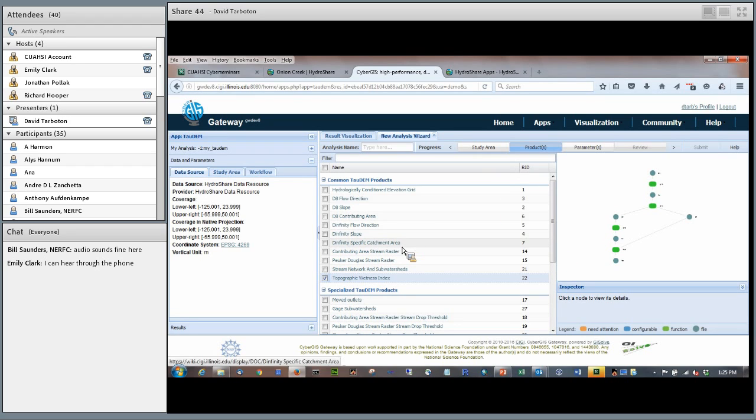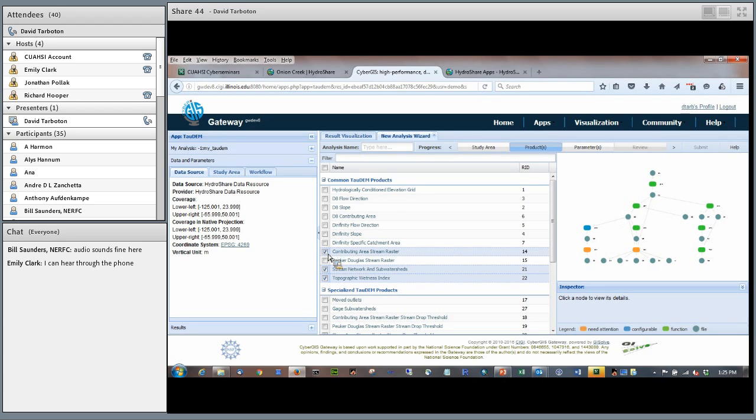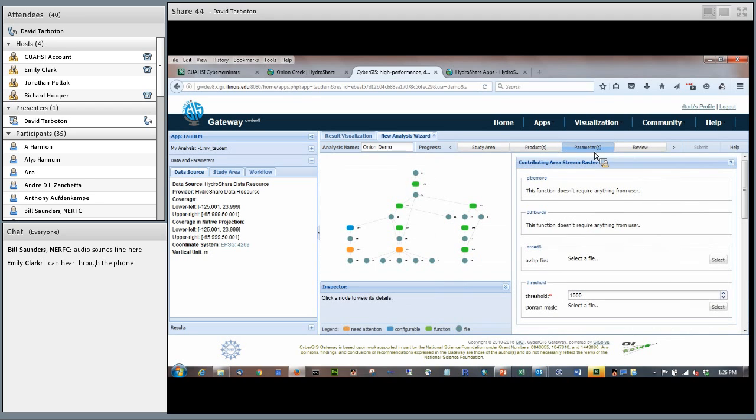I'm going to do more than this. I'm also going to get stream network and sub-watersheds. So here you can see that this flowchart has become a little bit more complicated, and I'm going to get a contributing stream raster because that's one of the inputs that stream network and sub-watersheds require. So these are the three things that I want to get, and I'm going to click that I want parameters. I also need to specify a name. If you don't specify a name, it complains. So I'm going to say this is an onion demo, and when I click on parameters, it now presents to me a